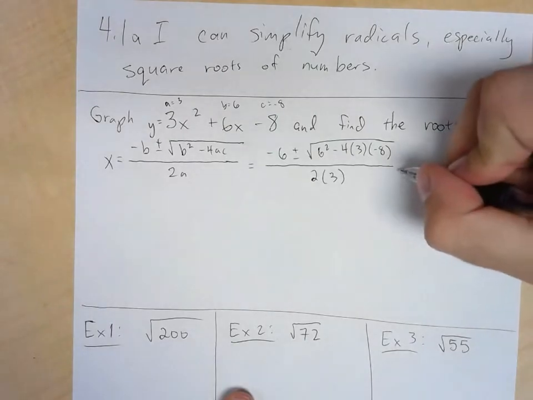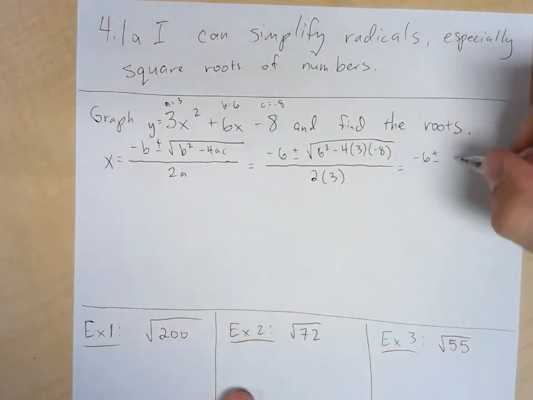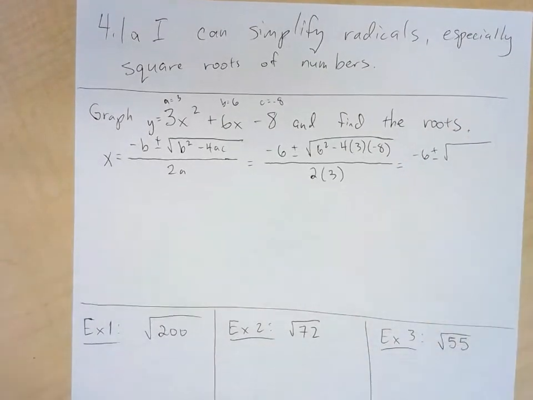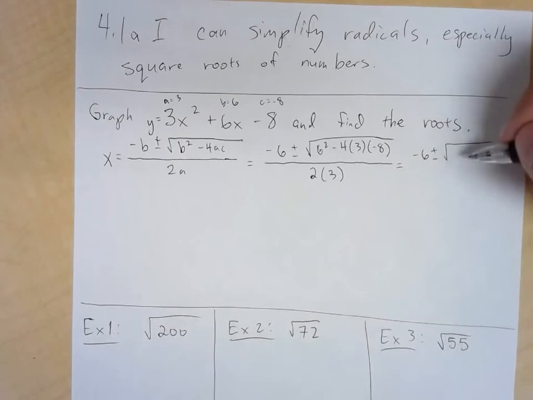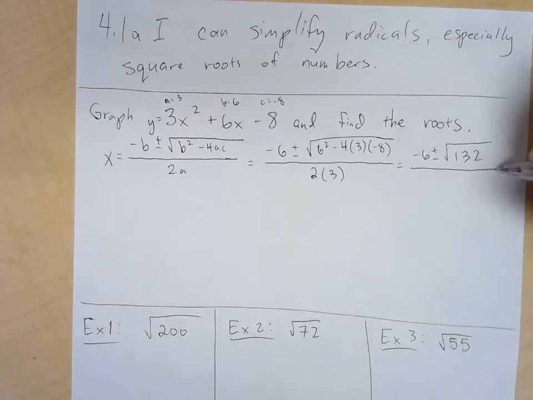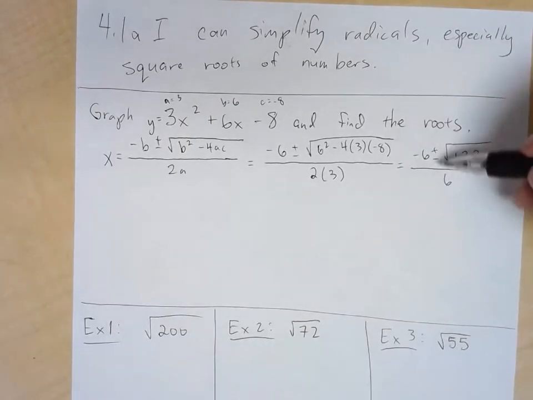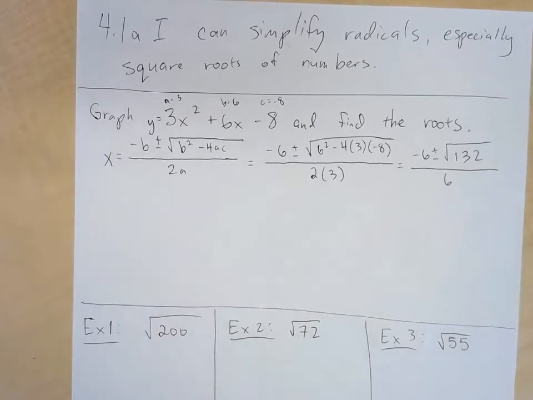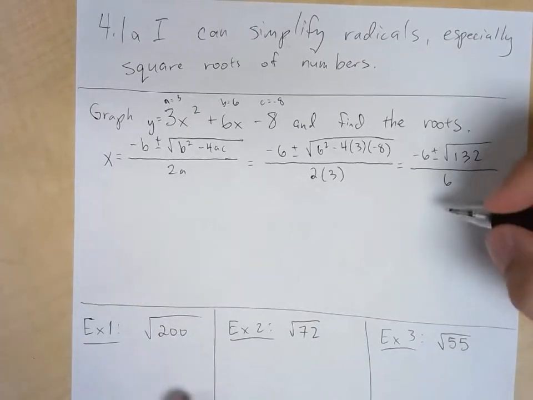We can do some simplifying. We're going to get negative 6 plus or minus the square root. Okay, so then 6 squared is going to be 36 minus 4 times 3 times negative 8. So I do this in the calculator, and I get 132, all divided by 6. So this is the part in the past that we've done, and we just haven't done the other part that really is more essential. So when we look at just the square root of 132,